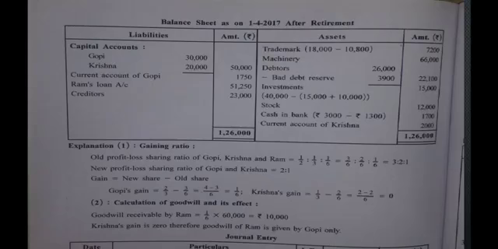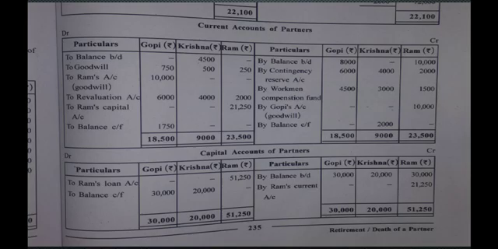So posting is in partners' current accounts, of course, once we have written their opening balances. Now please check on credit side of partners' current accounts, page number 235 of your textbook, otherwise on the screen. You can see by Gopi's account, in bracket they have written goodwill and amount is in the column of Ram. Same on debit side, to Ram's capital account.